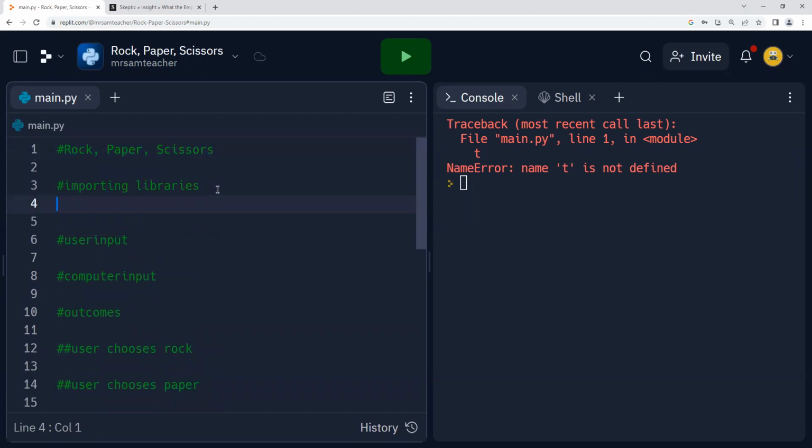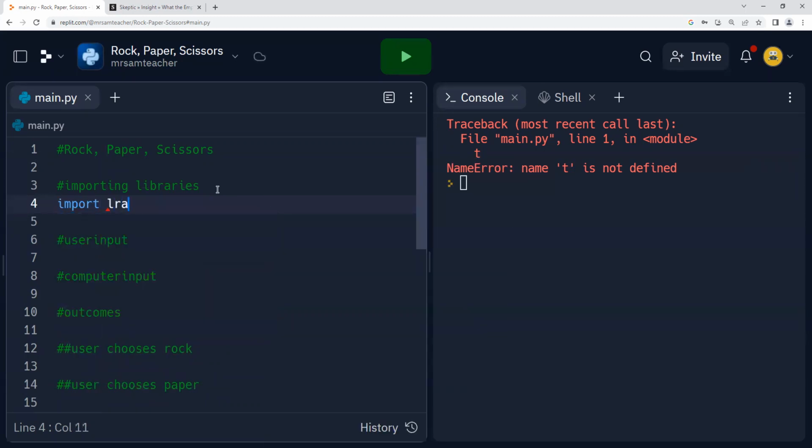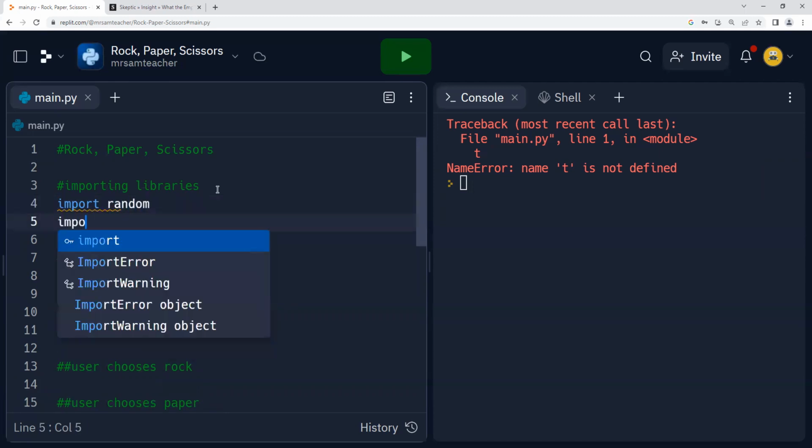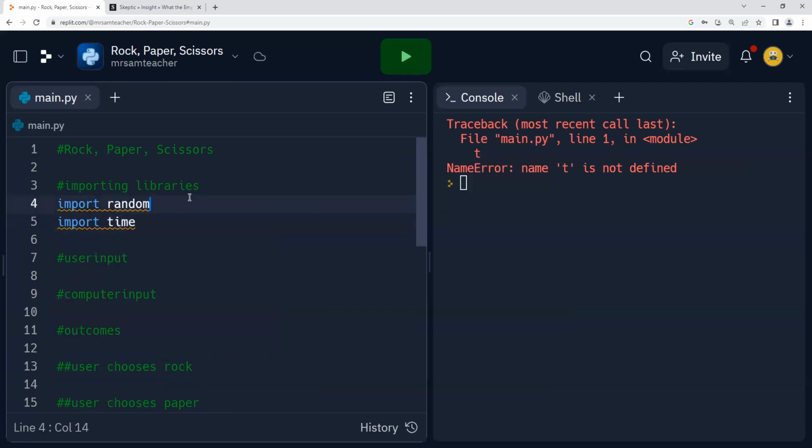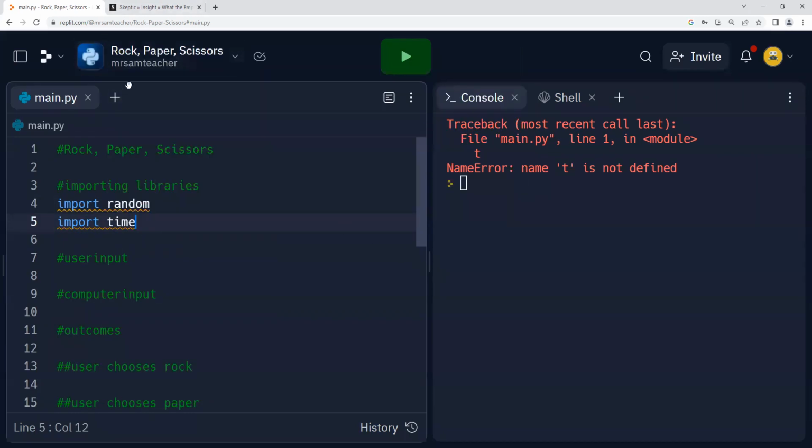Let's go ahead and start with the library. For this project specifically, we're going to import the two libraries we went over last time: import random and import time. From random, we got the randint function, which gives a number between two different arguments. So if you put randint 1 and 3, it'll give you a random number between 1 and 3. Specifically, we're going to be using that in this rock, paper, scissors project. Time is going to be for a delay, so that's the sleep function we got from there.